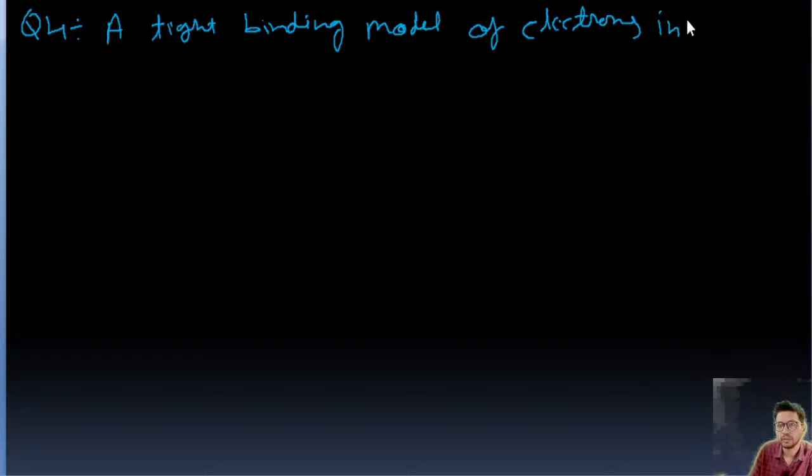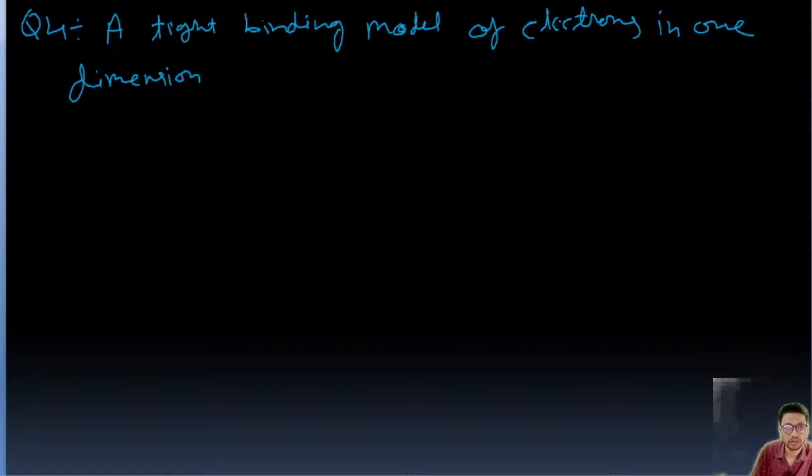Okay, so the question is: a tight binding model of electrons in one dimension